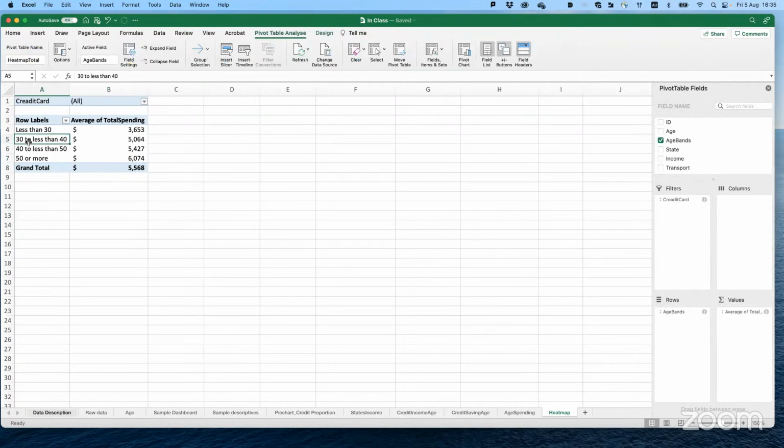So you have a pivot table. This pivot table has a filter, rows, values as an average of total spending, age band, credit card, everything set.